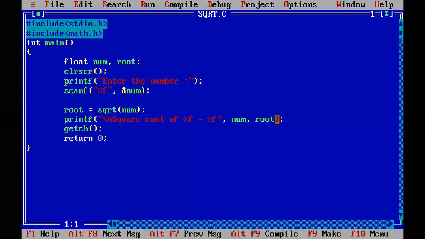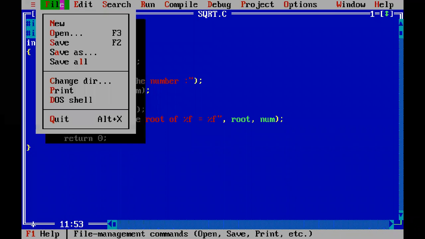These are simple representations of the various variables you use in your program, and depending on the data type, you have to use the matching format specifier. Now if you exchange this, suppose I write root here and num here. If you ask, ma'am, can we write it in any order? Fine, you write root here and num here. Now let us see what we get.